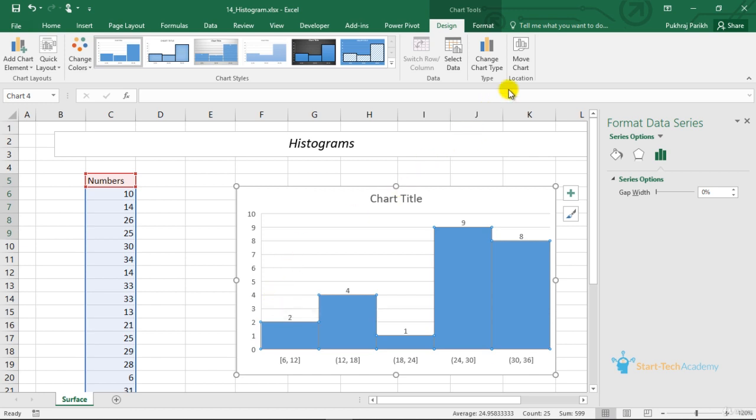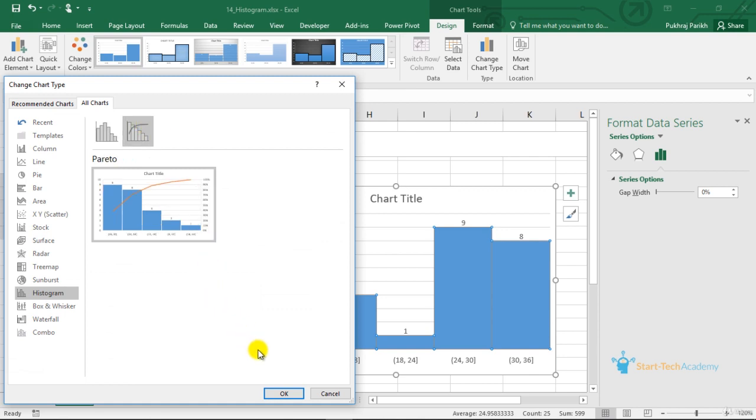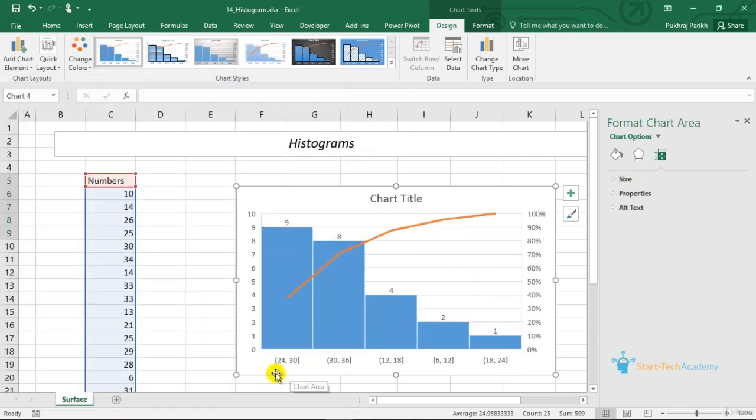The second type of statistical chart is a Pareto chart. So this is a Pareto chart. It is similar to the histogram. The major difference is that the categories are shuffled. These are shuffled in the sense that the category which is contributing the most comes first. So this category had a frequency of 9, so it is coming first. Next comes the category which is contributing the next maximum to the total. So the categories are arranged in the descending order of their frequency values.